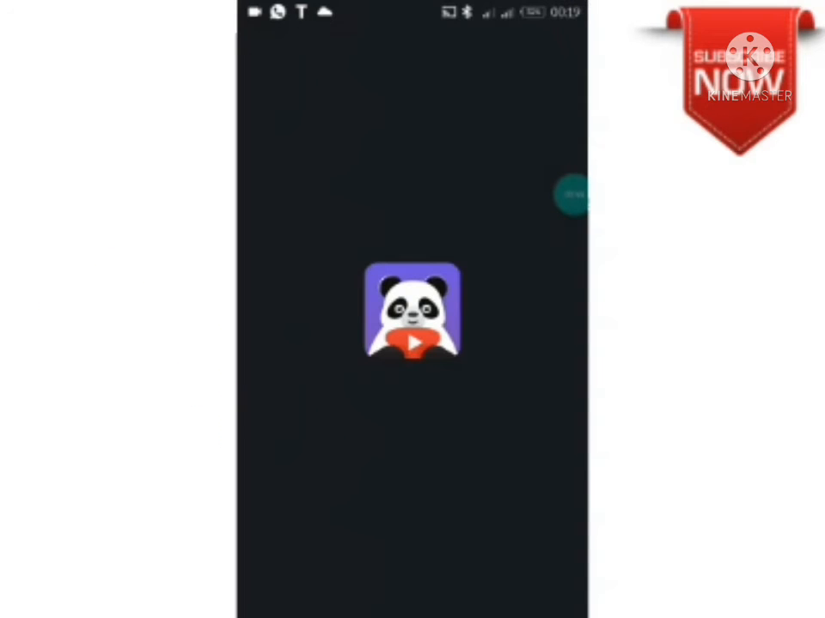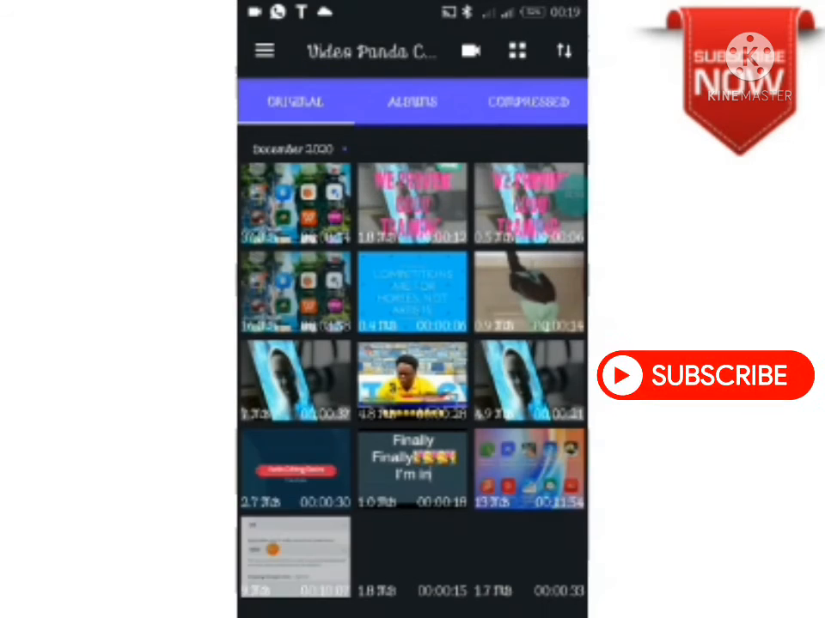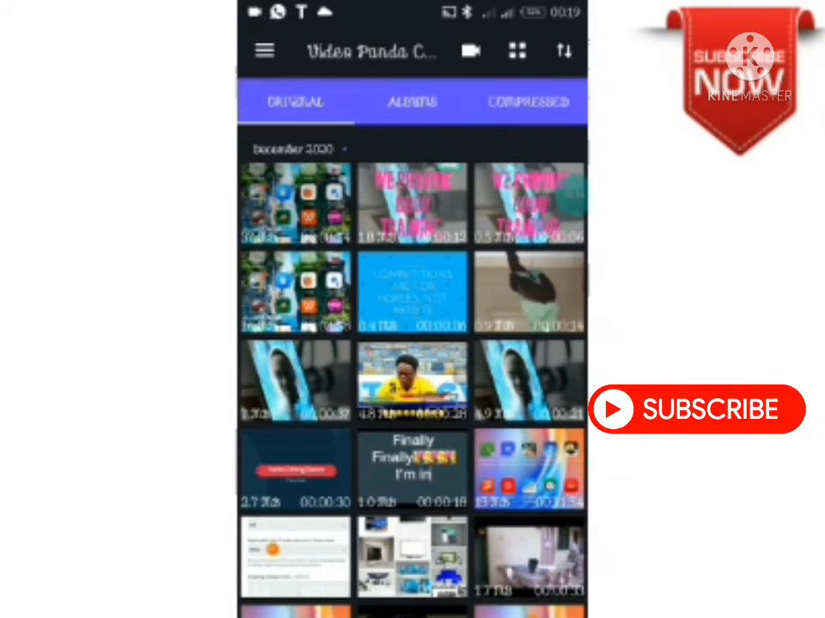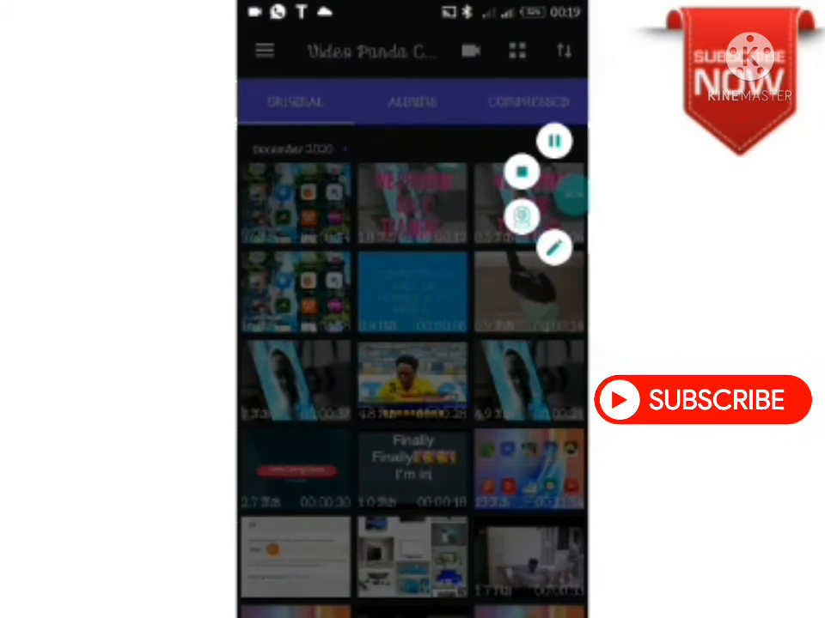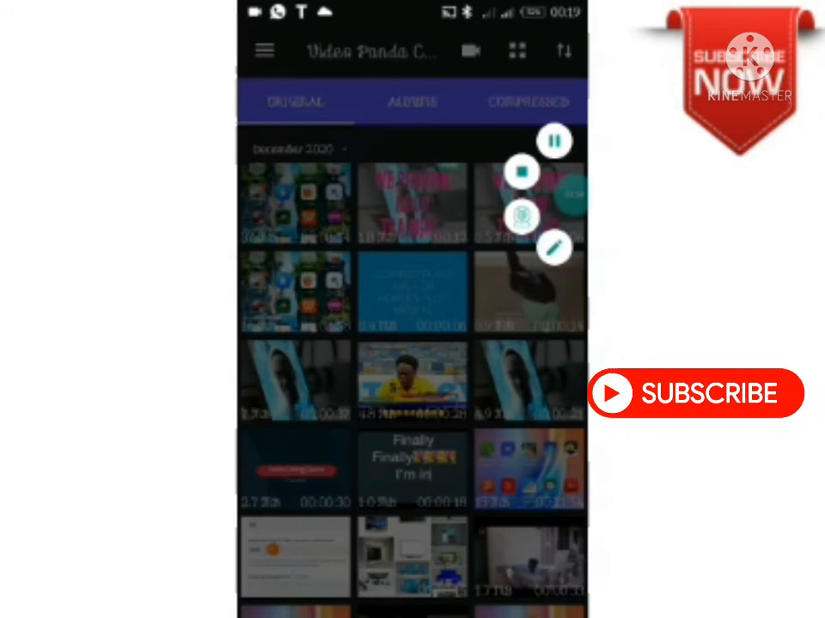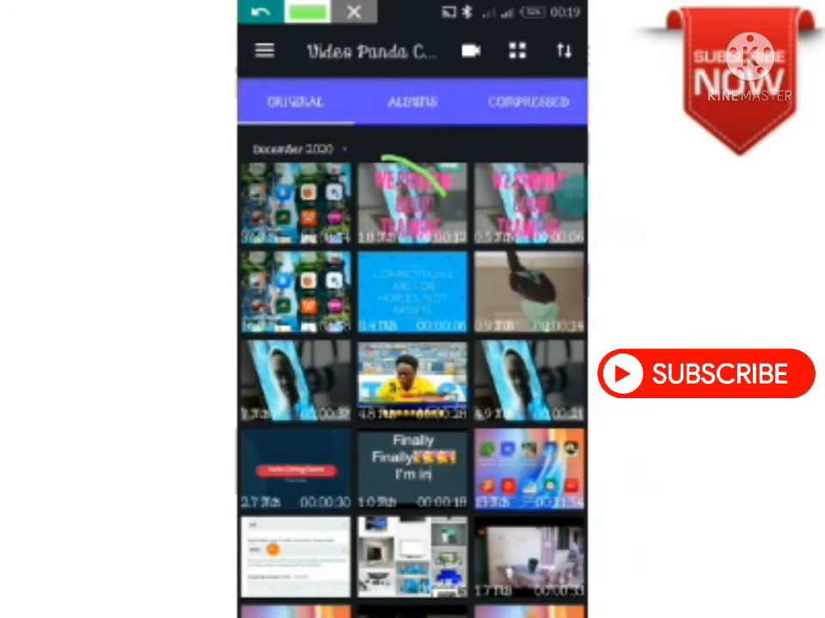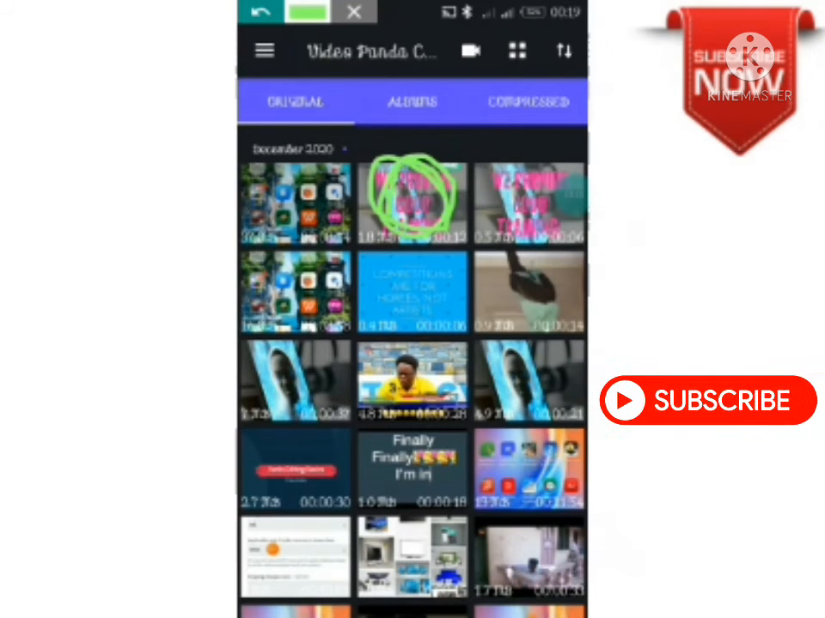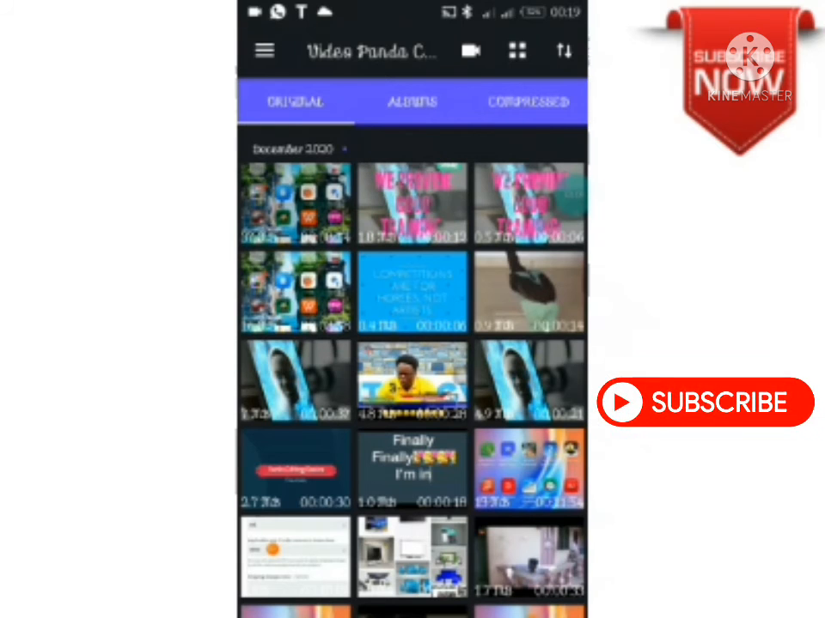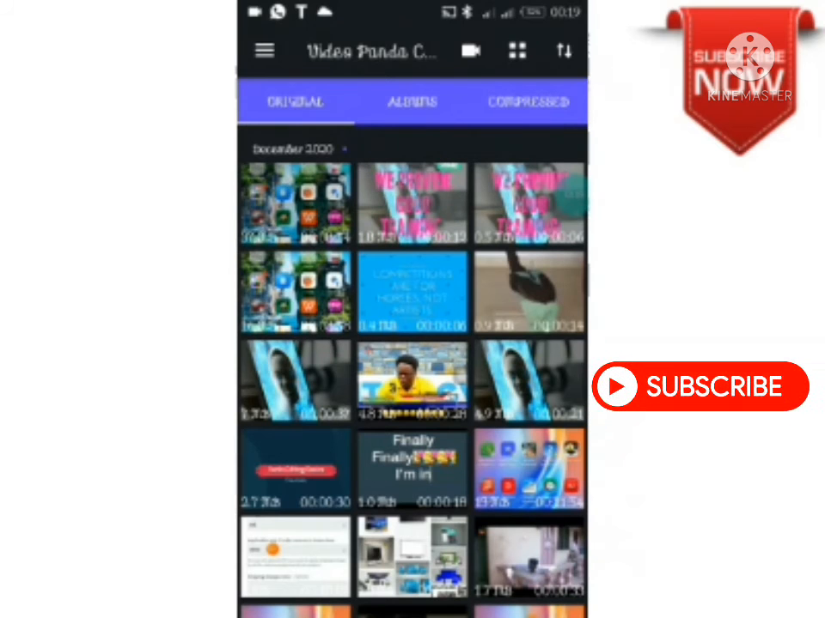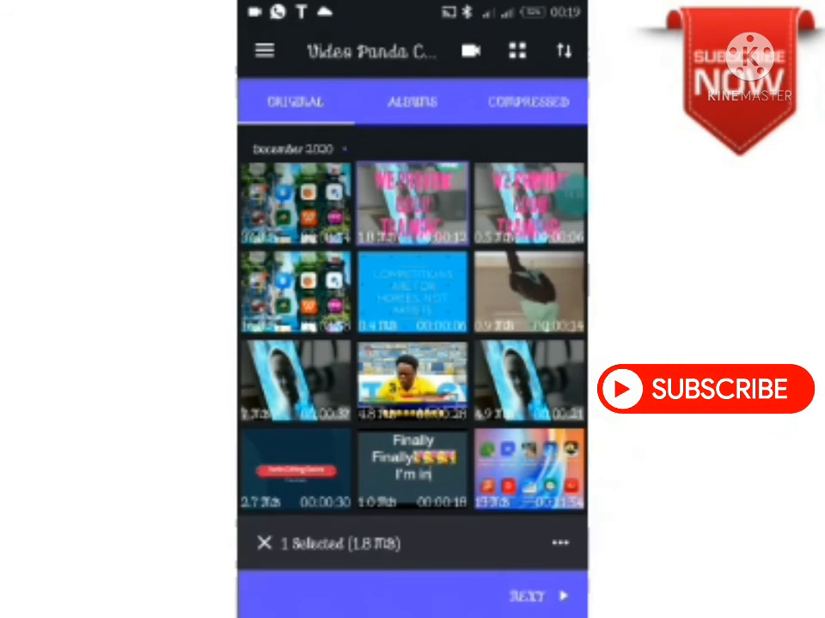Now you locate your PANDA video compressor and open it. When you open it, we select the video you want to reduce the size. Now we are going to reduce the size of the video we just made, so you click on it